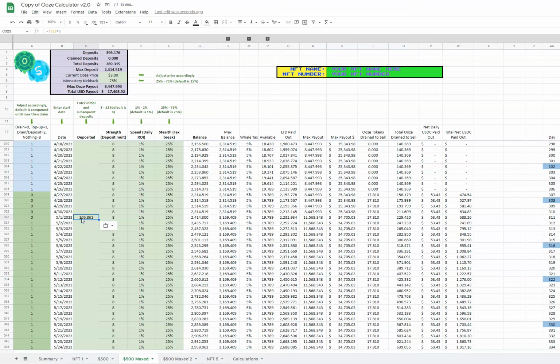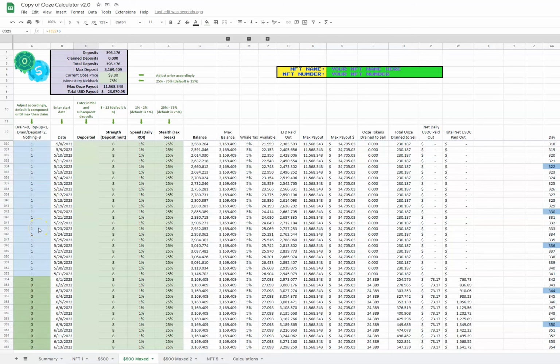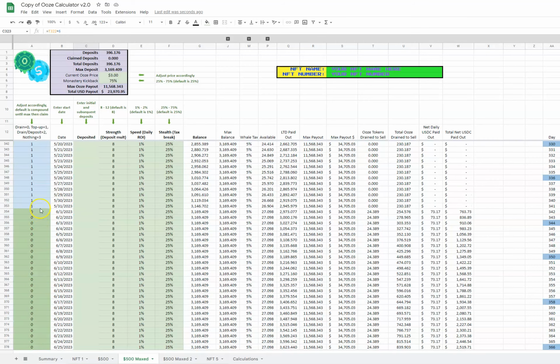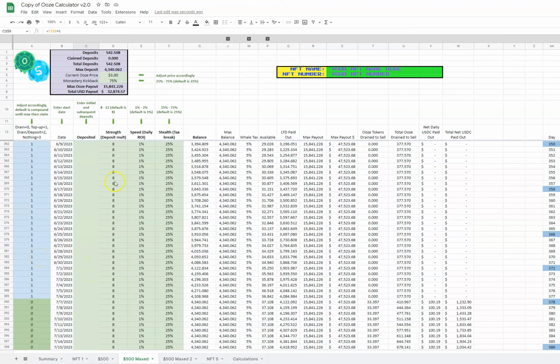I'm just going to paste in my formula again. And you can see how my deposits are going to go up each time here. And we just keep topping up until we reach our max balance again. Come in here, decide how much we want to deposit, which will allow us to keep topping up. And what we're doing is we're trying to see when this number up here is going to hit